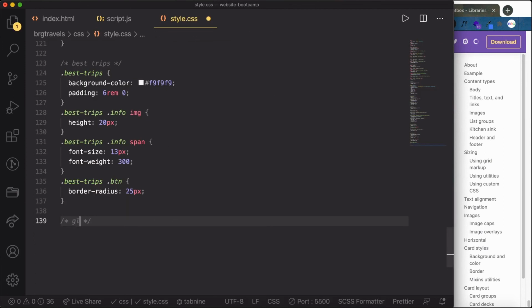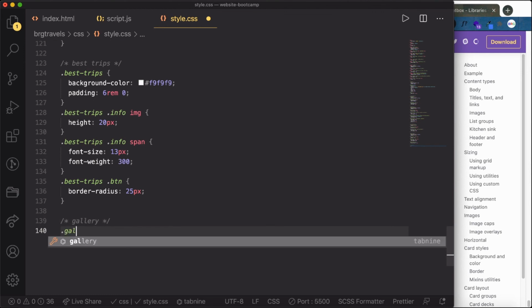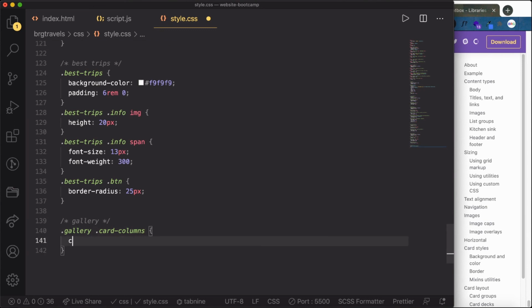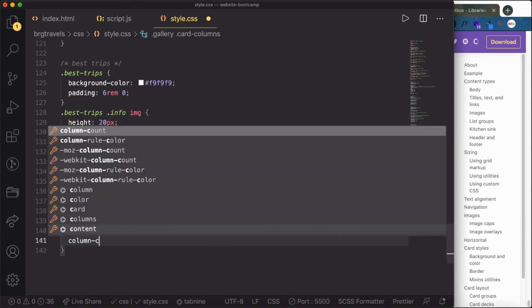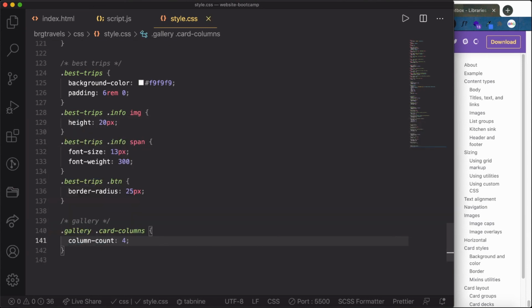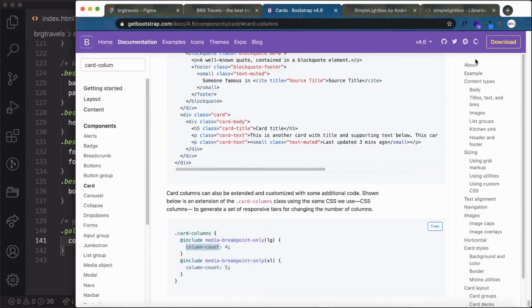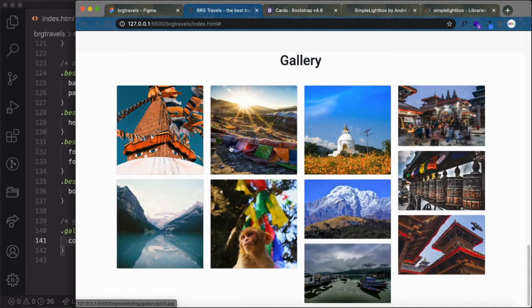So gallery, and then gallery card columns and column count to 4. And if you save it, you can see I am getting 4 column count.